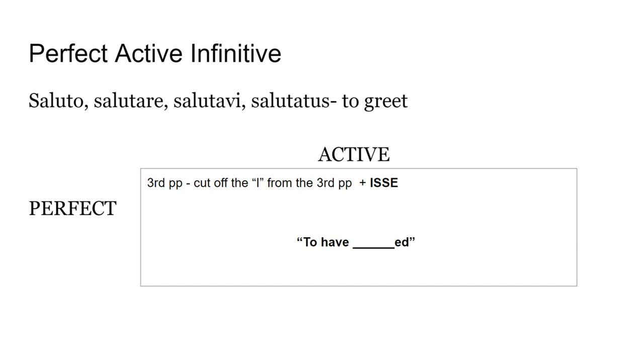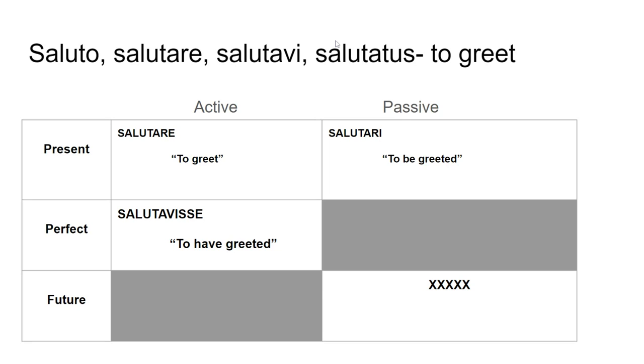If you have salutavisse, S-A-L-U-T-A-V-I-S-S-E. Here it is. You can see it. Not just have me spell it out at you. But the present tense active infinitive for this is just the second principal part. It ends in RE. It means to blank. The present passive is the ARI form, and it means to be greeted. The perfect active takes the third principal part, I cut off the I, and then I added ISSE, to have